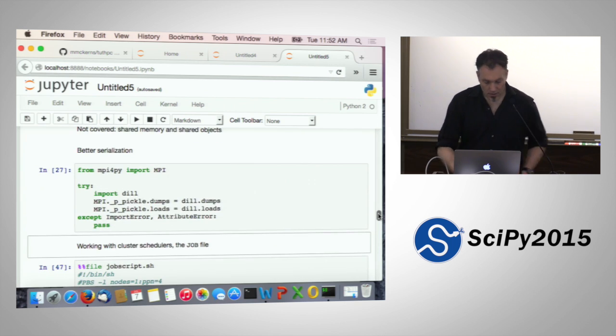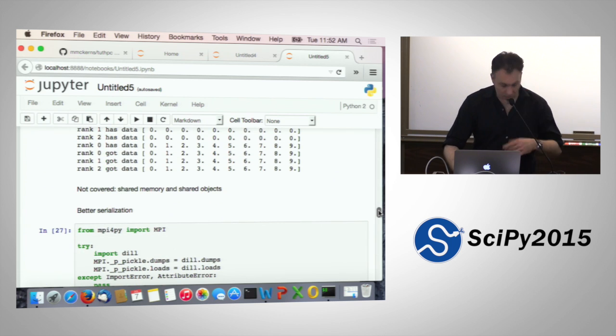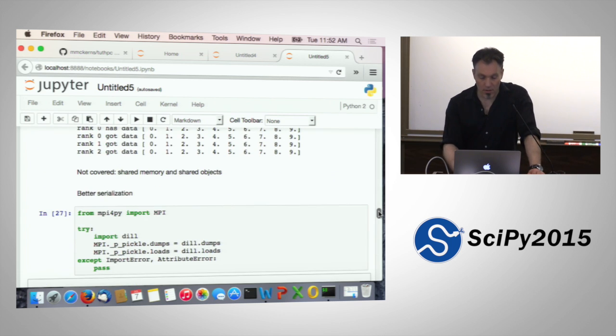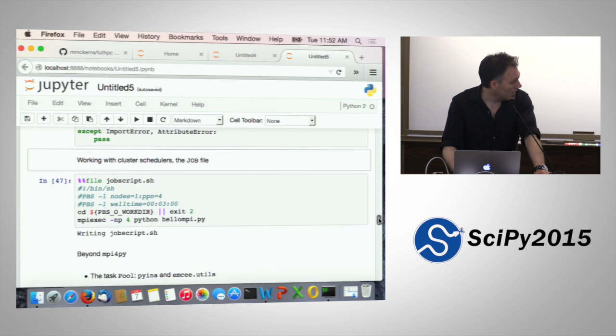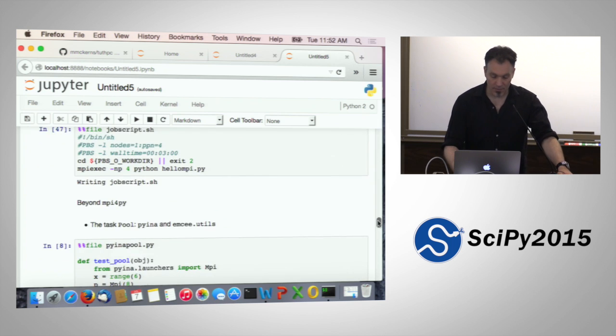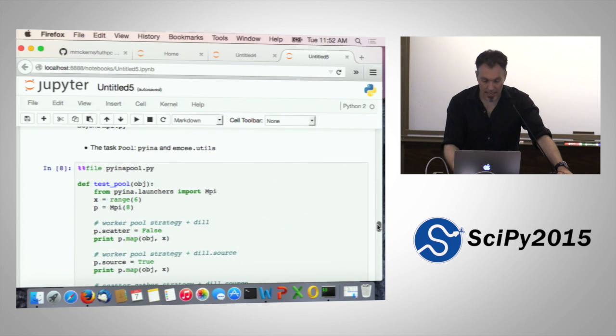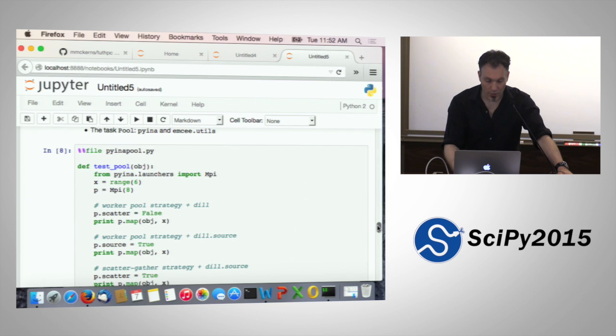There are a couple things that, again, we go through the same solutions as before. Better serialization: MPI for Pi can take dill, or it can take cloudpickle, and if you do this little magic right here, you get better serialization. You can actually work with cluster schedulers, which are pretty easy. You just create a job file. But that still doesn't help being run from Python. And it doesn't give you the task pool. Although